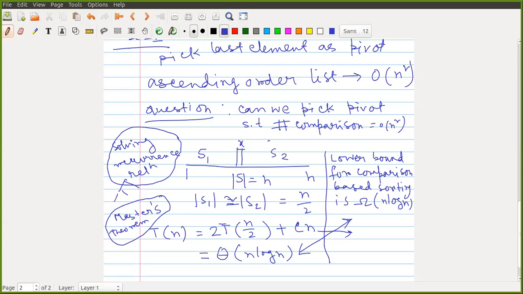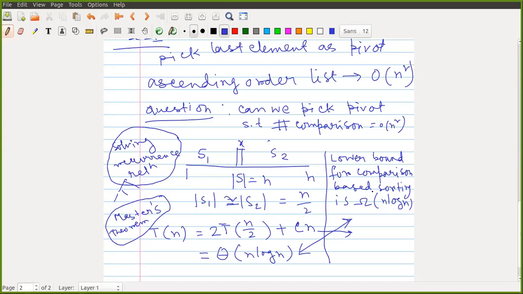No problem. So basically the idea is, suppose there exists a genie that somehow gives us the best pivot, we can actually obtain the optimal bound, right? The lower bound for comparison based sorting is n log n, and we are actually getting an algorithm of n log n, which is also the case for, say, merge sort as well. So this is as best as it can be, right? Is this okay till now?